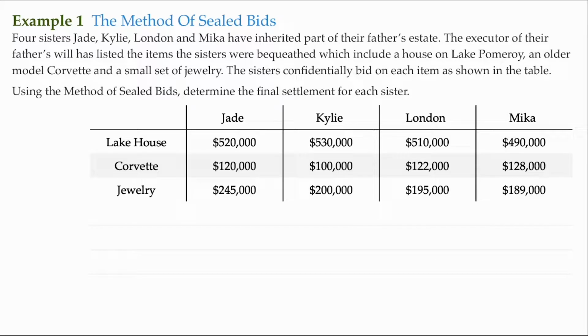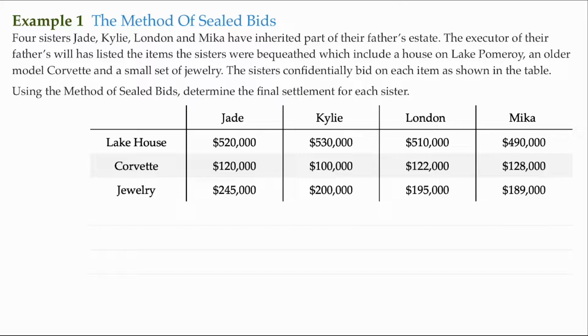In this section, we are introduced to fair division of discrete items. Discrete items are items that cannot be divided, such as cars, houses, furniture, and all kinds of material things. There is much less flexibility with discrete division than with continuous division that we did in the previous sections. So in order to balance out the differences in the values of the items, the method requires that players use